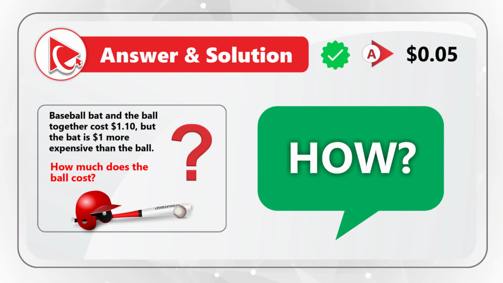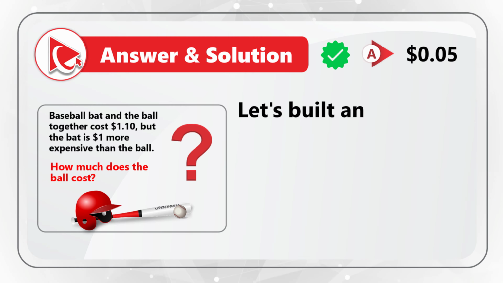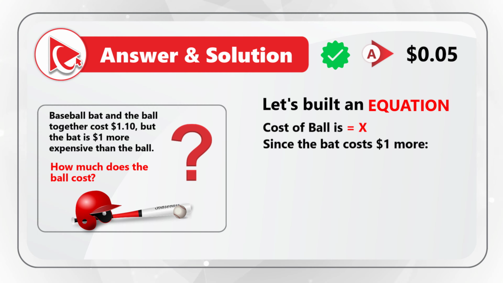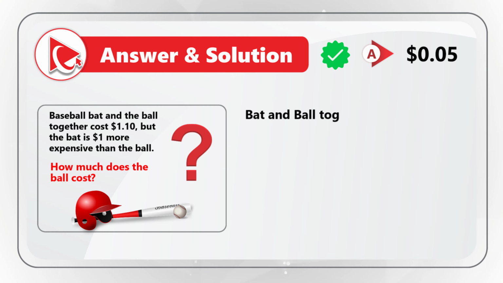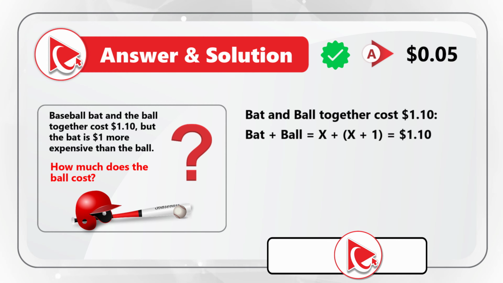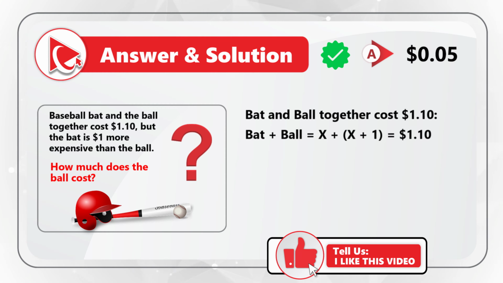But how do you get to the correct solution mathematically? Let me teach you the magic trick behind this problem. Let's build a quick equation. The cost of a ball would be X. And since the bat costs $1 more, the cost of the bat would be X plus $1. Now we can take advantage of the fact that the ball and the bat together cost $1.10. Bat plus ball would be X plus X plus 1,